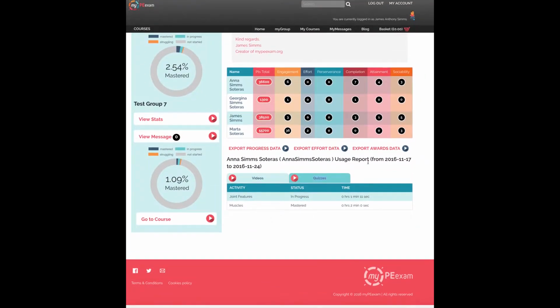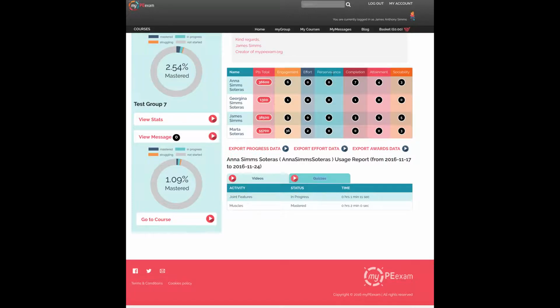And finally, on the awards report, we can see here how the students are building up points and badges from the 6 learning behaviours on the site. Now, this is sometimes a little bit less tangible for teachers. But if you think that you've got a student who's performing really well, but actually their effort and their perseverance scores are low, that would actually suggest they're finding things a bit too easy.